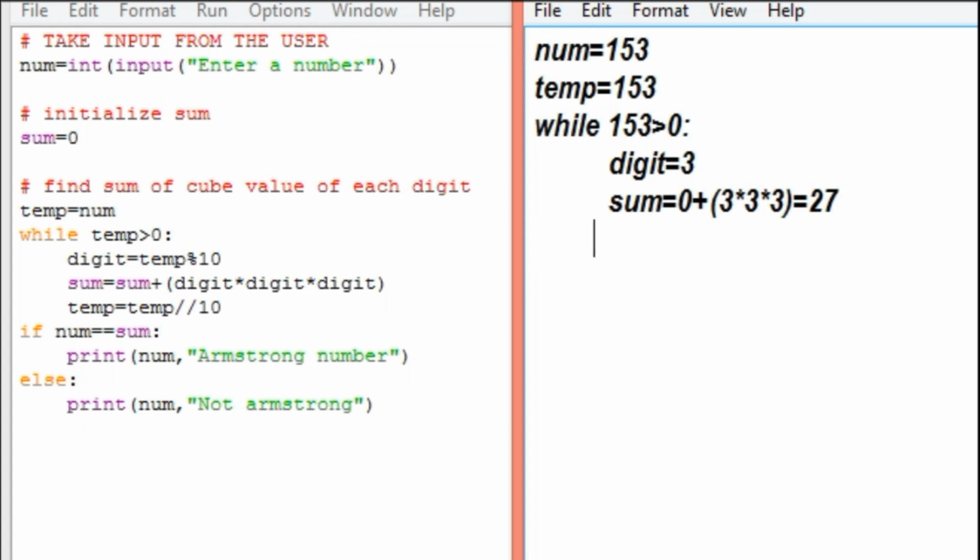Next, temp equals truncated division performed on variable temp. Truncated division, as we already know, takes only the integer value. The value stored in the variable temp is 153. After performing truncated division, the value will be 15.3, but because of truncated division it takes only the integer value. So the value 15 is stored in the variable temp.